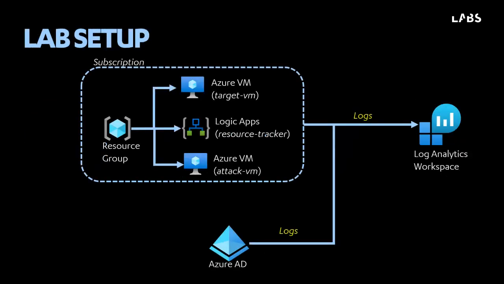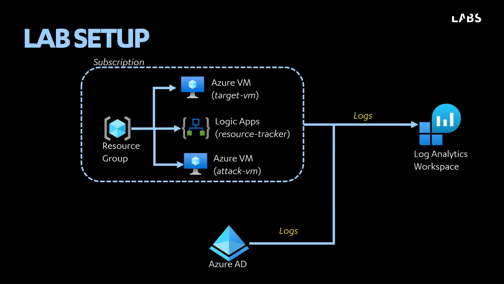Right, so before we begin, let's just describe the environment that we'll be working with. In our diagram, we have a subscription, which is a place where all resources are created. In it, we have a resource group, which logically combines resources, typically that revolve around the same application lifecycle or just broadly related to the same application. Then we have three resources